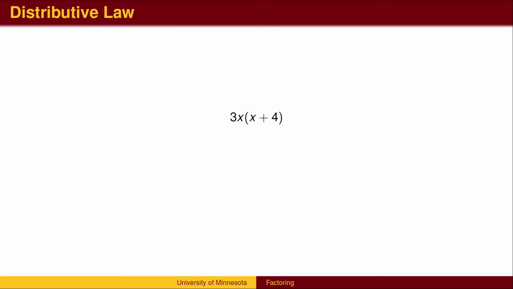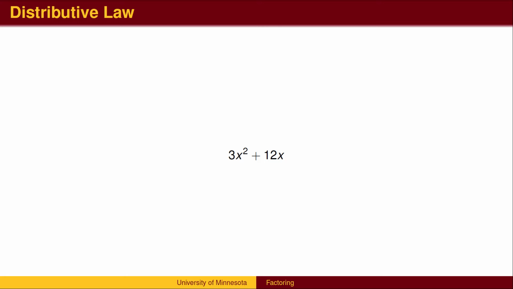In this example, the 3x is multiplied to both the x and the 4. 3x times x is 3x squared. 3x times 4 is 12x, giving the answer 3x squared plus 12x. Our goal now is to figure out how to take the expanded polynomial and return it to the initial factors